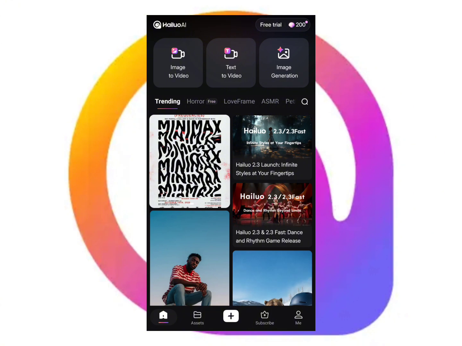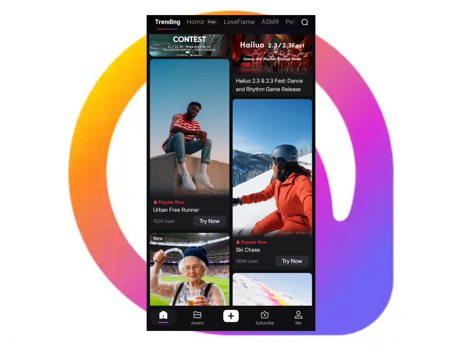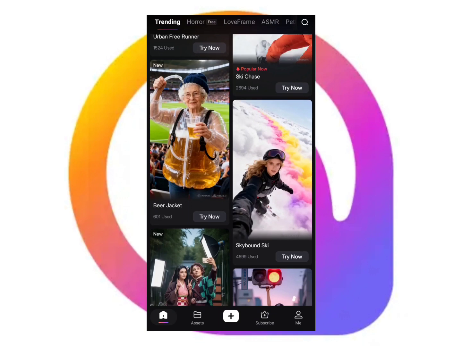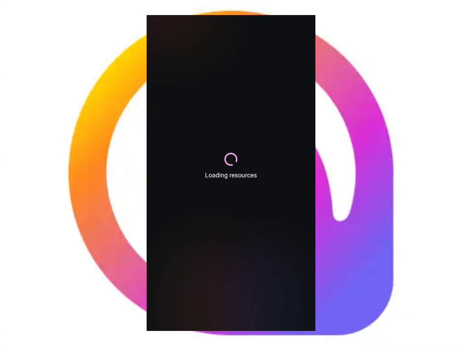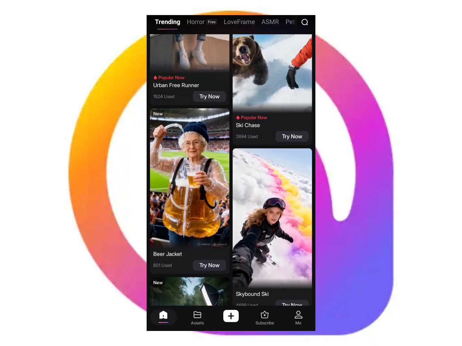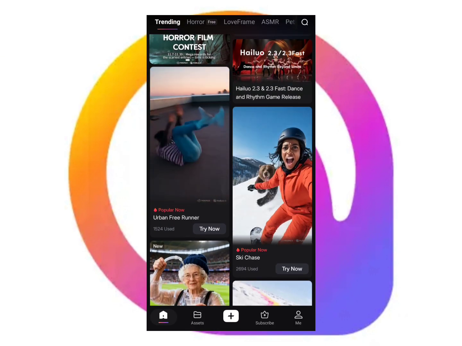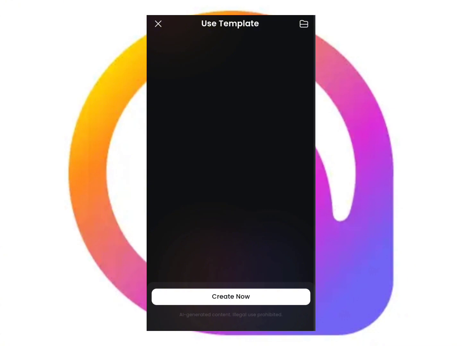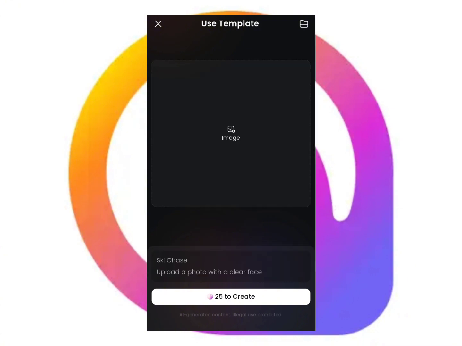So here, this is pretty much the home screen of the application, and down here you may see some templates. As you can see, all the templates which you can use. If you like one of them, all I got to do is just tap on try now. Once you tap on that option, you pretty much have to upload either a video or a picture so you can get the best results. So let me just try the next one here. Say for example this one here. I'm going to tap on try now, upload a video, and it will give me an image,